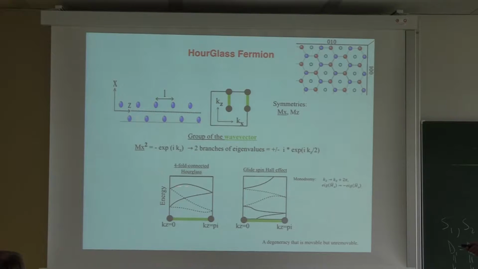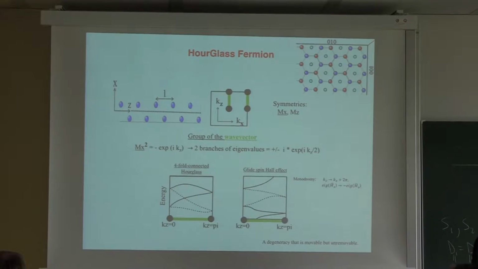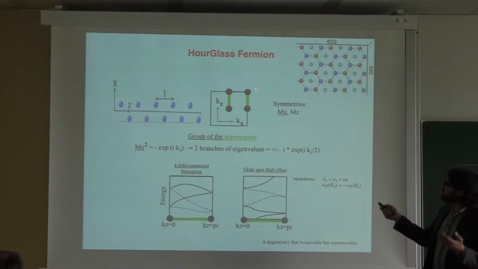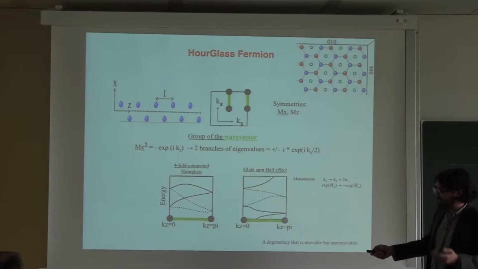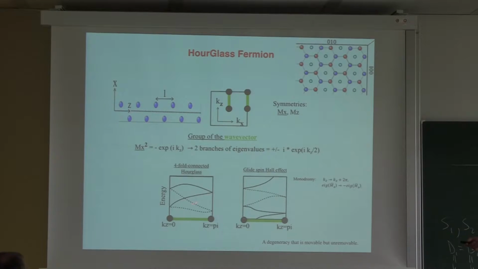But the interesting flow that I want to talk about today is this hourglass flow. You can immediately see that if I impose this constraint at kz equals 0 and this constraint at kz equals pi, which just comes out of this non-symmorphic symmetry plus time reversal, I can immediately have this flow, and this crossing will not gap because it's a crossing between two different non-symmorphic eigenvalues. And this is the hourglass flow.